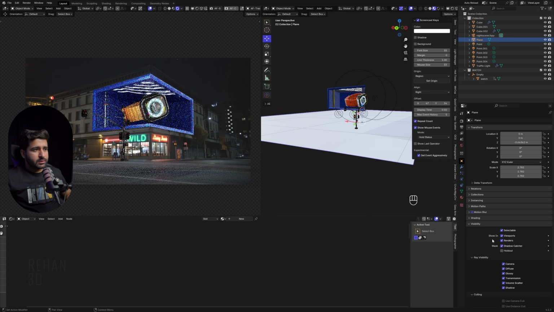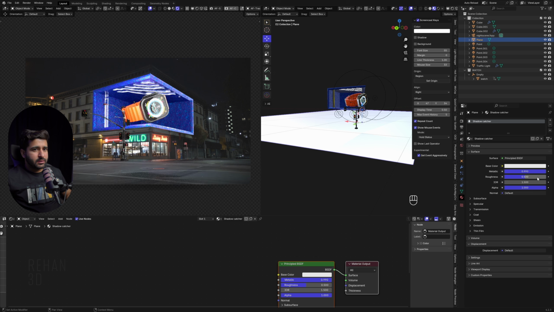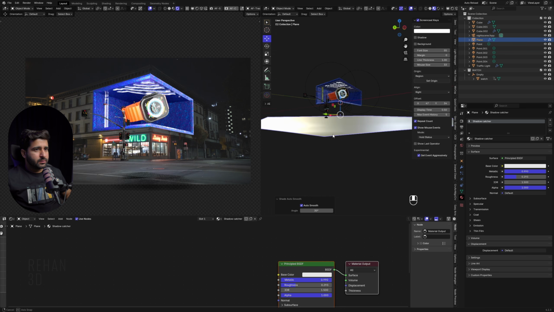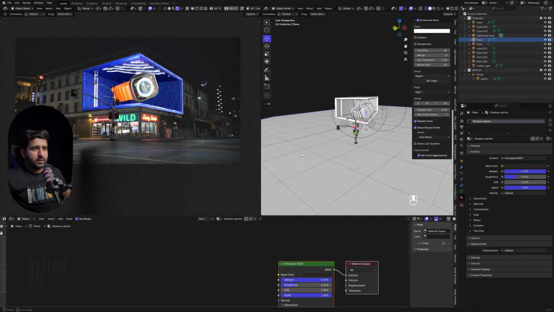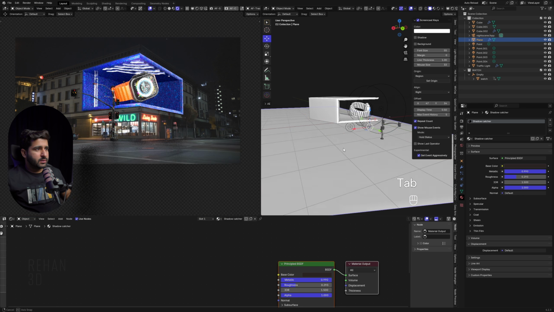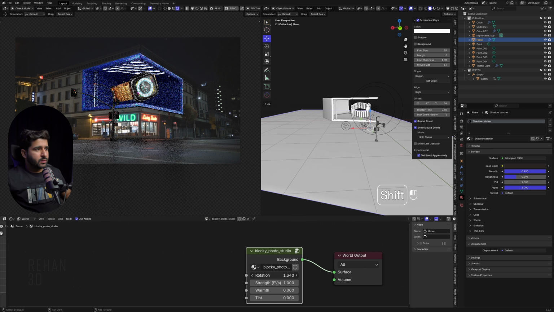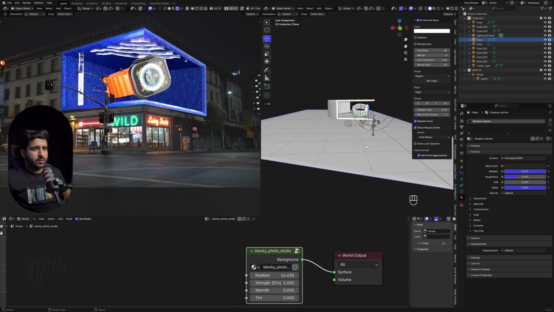To get the shadows like this, I will create a new material. I will increase its metallic, remove its strength, decrease its roughness, and shade smooth. So it's a shadow of this shape, like this. I think we need to fix this. If you go into the world, you can see we have gotten rid of this shadow, and now this is looking good.